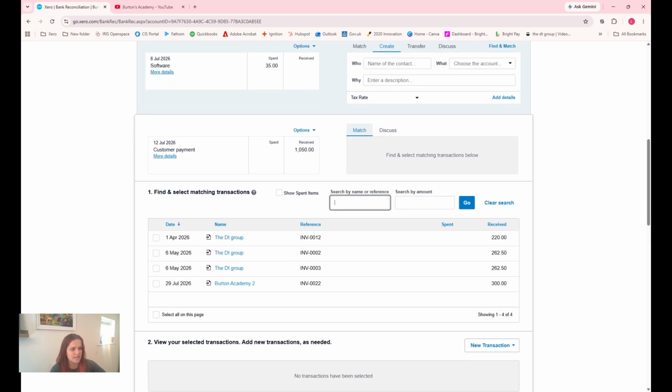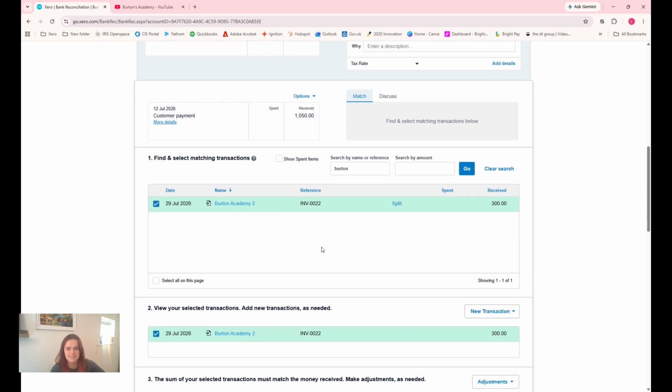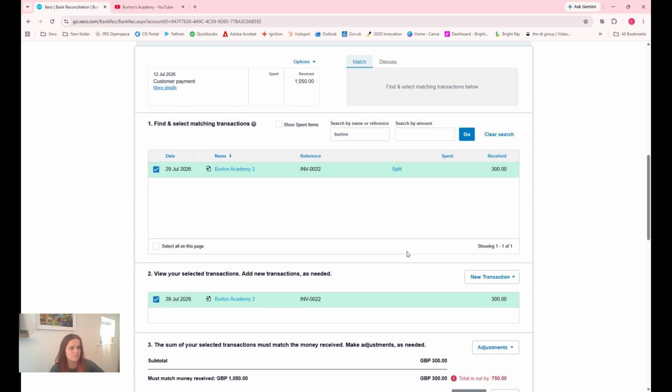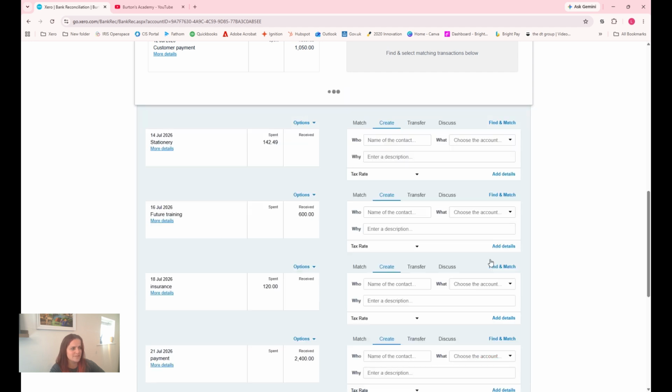And then down here, so again, I'm just going to put the filter on to make it easier to see, but down here is the invoice remaining balance. So I can click on that one and that will allocate the £300. However, I'm still missing an invoice at the moment. So maybe they've overpaid me and I haven't set up the invoice yet. And in this instance, if you haven't set up the invoice, what you could do is go over to New Transaction, click Receive Money,